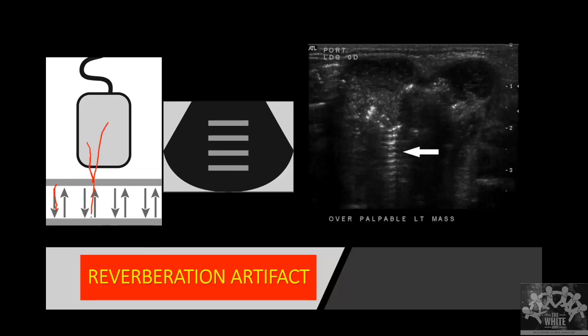The sound goes to the second reflective surface, gets reflected back. Sometimes it will get reflected multiple times and then go back. So depending on how many times there is reflection, that many lines we develop. Why? Because it is assuming that it has traveled a longer distance. It all depends on after how much time the sound has come back.